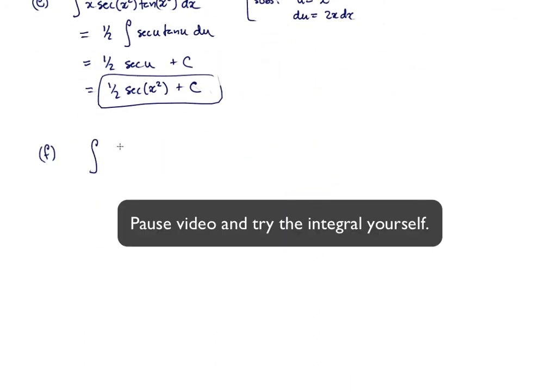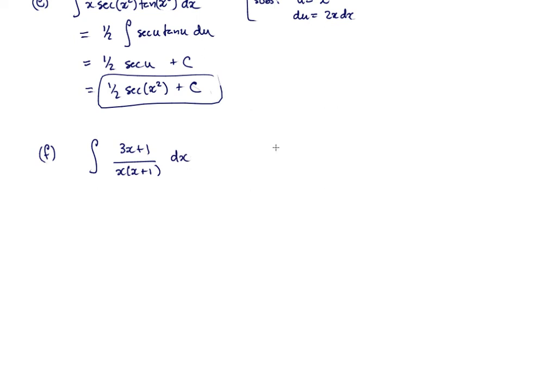And the last one in this group of integrals is the integral of the rational function 3x plus 1 over x times x plus 1. And so this means we should go to work on it using partial fractions, since it is a rational function. And so what is 3x plus 1 over x times x plus 1 as a sum of rational functions? Well, one has x in the denominator, the other one has x plus 1. They're linear in the denominator, so the numerator should be some constants a and b,